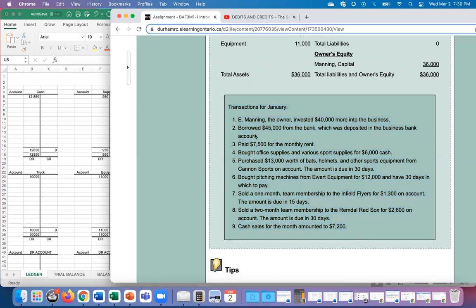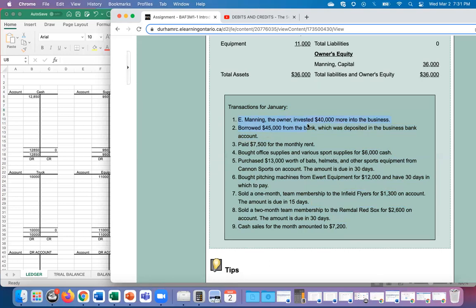I think I'm just going to do the first two as an example, and then I'll let you guys work through the rest of them. Actually, well, we'll see. I want to show you how to do the trial balance and the balance sheet, but I might have to have the whole T account done in order to do that. So let me see if I can think about how to do that. But anyway, in the meantime,